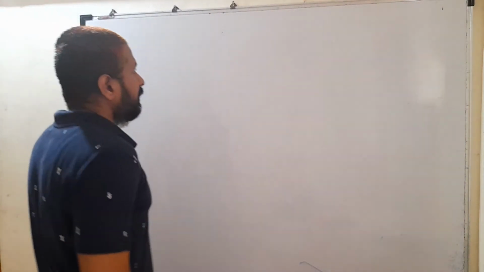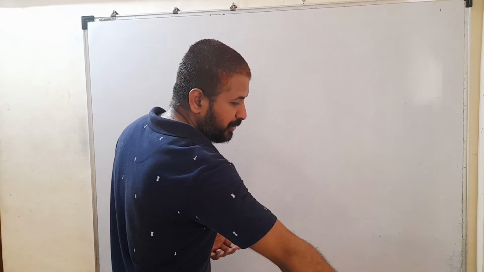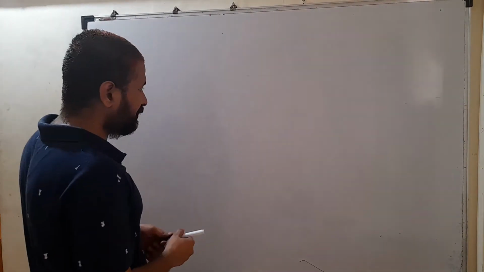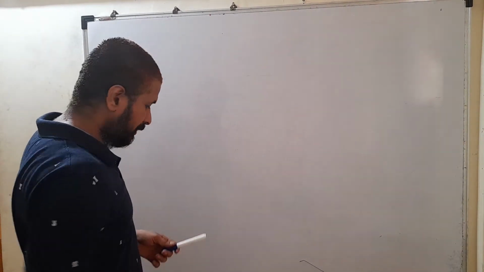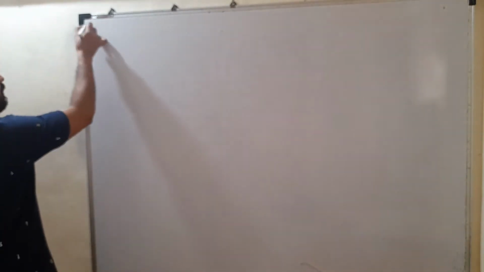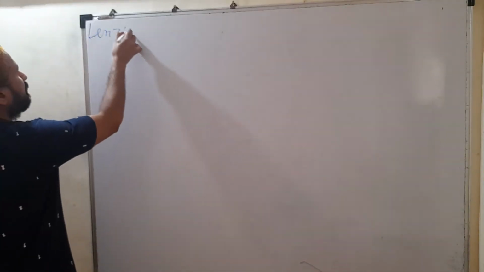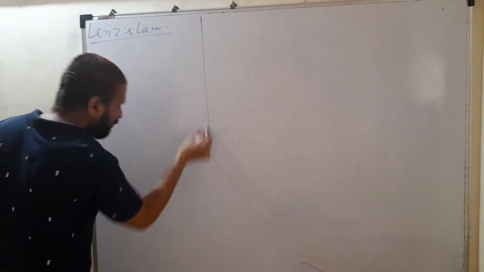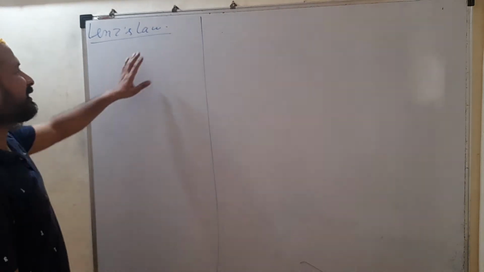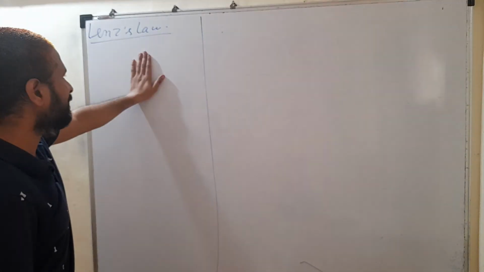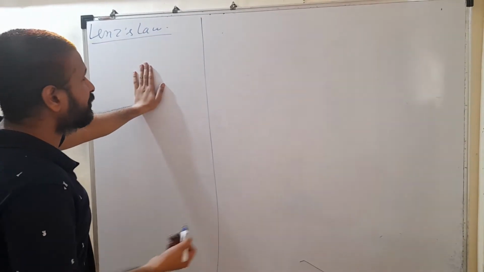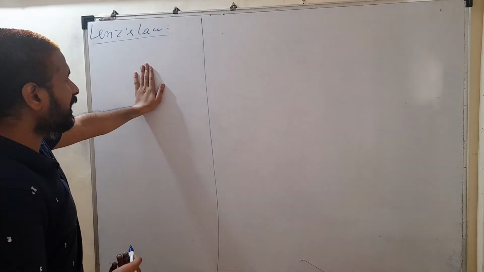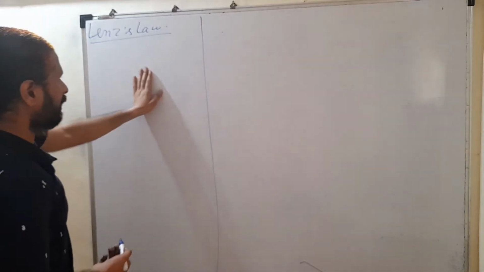So according to Faraday's law, whenever there is a change in magnetic flux, an EMF is induced. Next, today we will start with Lenz's law. Its expression is the same as Faraday's law expression, but by using Lenz's law you can find the direction of current, in which direction current is going to flow if there is a change